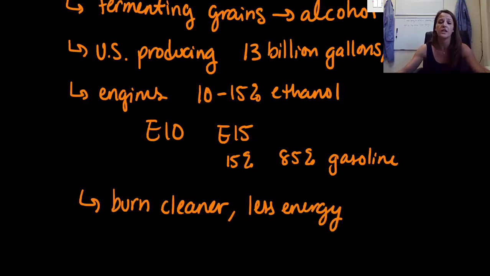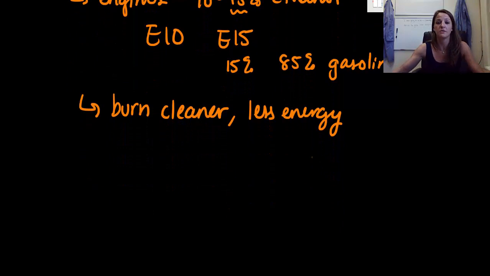And so here in Austin, we have up to about 15% ethanol. And so at any one of these pumps, we could be paying more in theory to have ethanol added to our gas, but we're actually getting less out of it. So we're getting less energy, we can drive fewer miles. And that's really difficult for some people to grasp because it doesn't seem economically viable in their mind or maybe cost effective. But for me personally, I would much rather spend more money and have a safer environment, but that's just me. So let's actually put some numbers to this less energy so that we have some values.